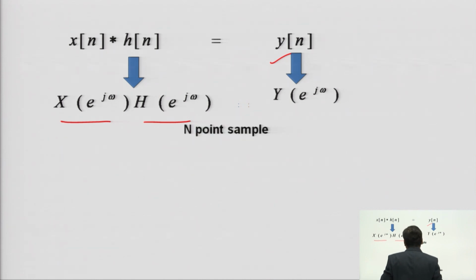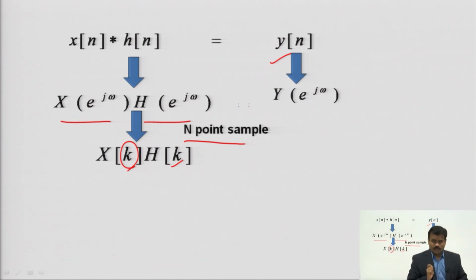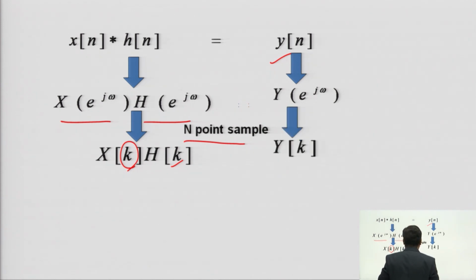Now, if you convert this into N-point samples, in the case of DFT, you are coming to N points in terms of DFT. So, it will be X(k), where k also shows the frequency domain, but this frequency domain is only for the N-point samples, or you can take it for DFT only. So, X(k) into H(k) will happen, and it will be Y(k). It is very simple, that I explained in my previous PPT here.